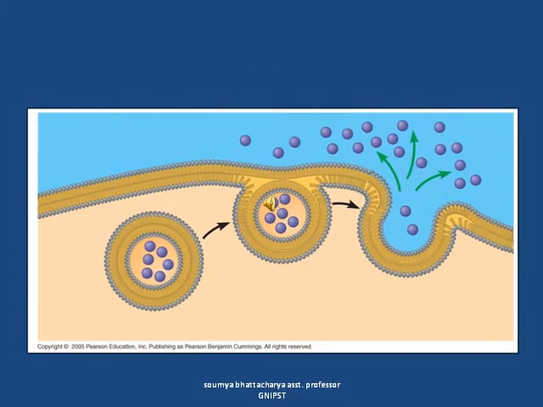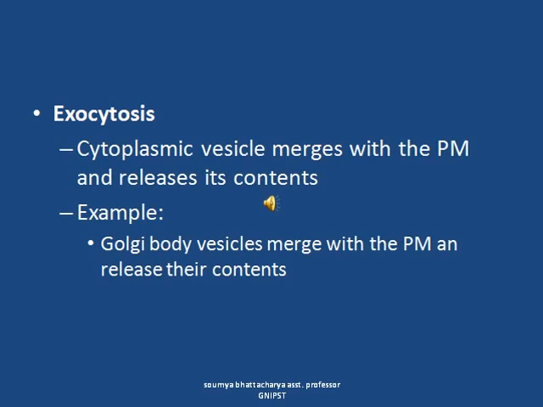Bulk flow may be of two types, exocytosis and endocytosis. In exocytosis, the cytoplasmic vesicle merges with the plasma membrane and releases its content. For example, a Golgi body vesicle merges with the plasma membrane and releases its content. Endocytosis involves engulfing of extracellular material within a segment of the cell membrane to form a vesicle, which is then pinched off